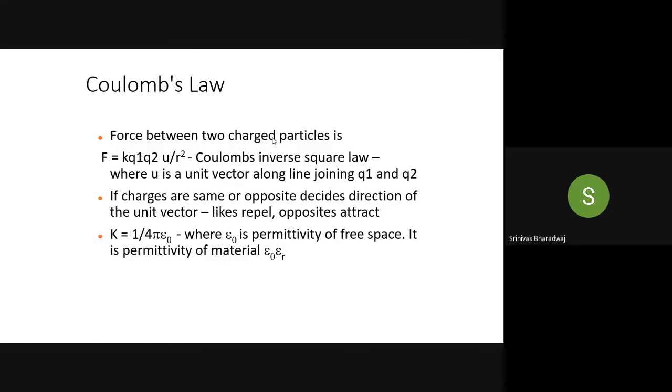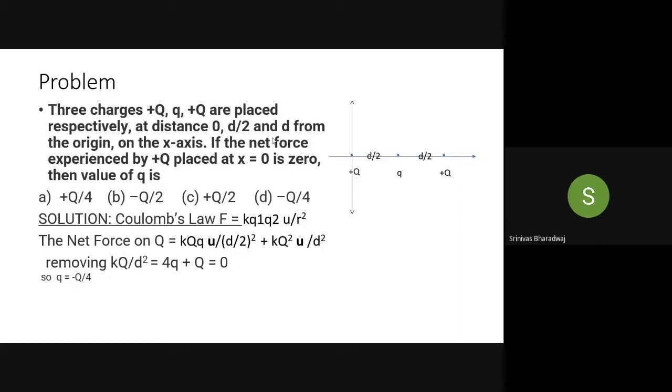So it is the force per unit charge at a particular point in space due to another charge. And the constant in the case of Coulomb's law is 1/4 pi epsilon naught r. If there is some space in between that has a permittivity, that becomes 1/4 pi epsilon naught epsilon r, right? Okay, so now